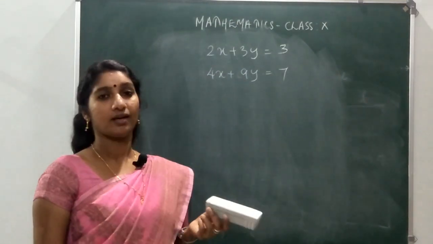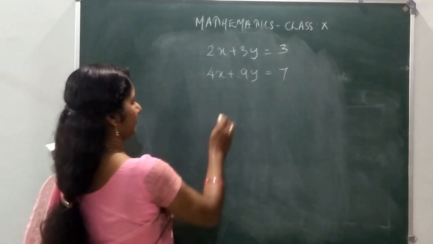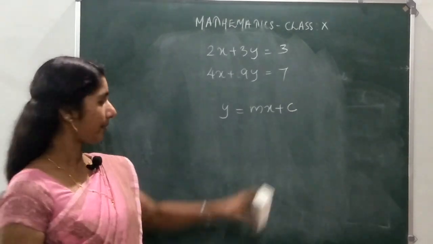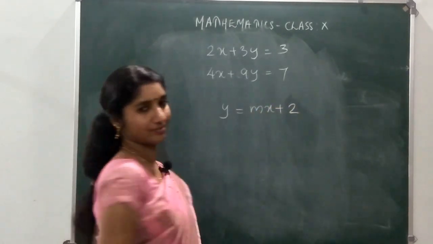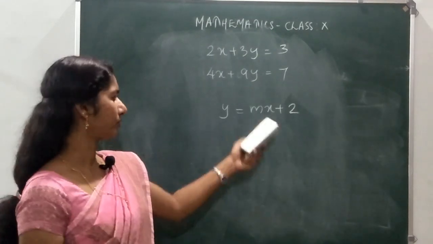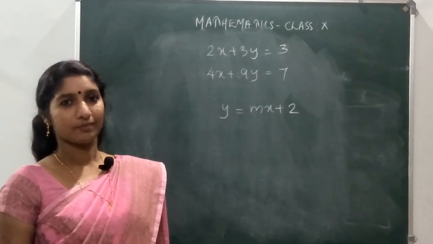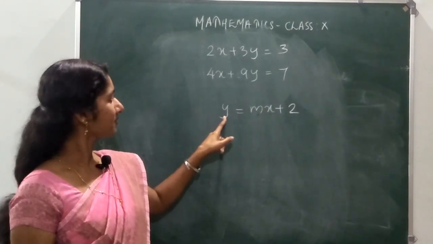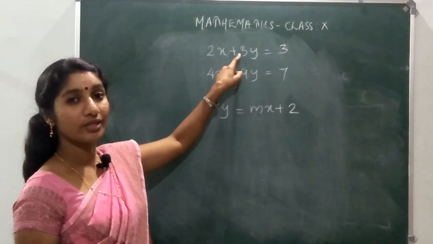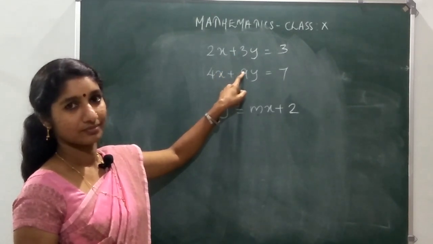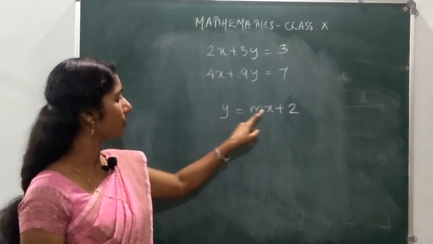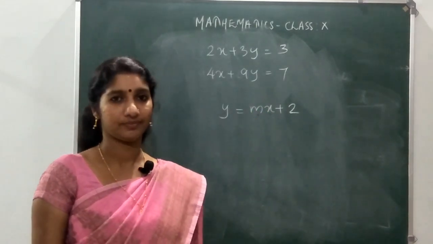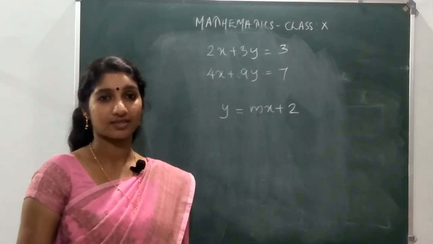It is given: find the value of m in y equal to mx plus c, mx plus one number is given, 2. How will you find the value of m? Before finding the value of m, you need to solve for x and y. That x and y we will get from these two equations. Understood? That x and y you are substituting here, you will get an equation including m only, then you will be able to solve for m. Like that one question is there in that exercise.